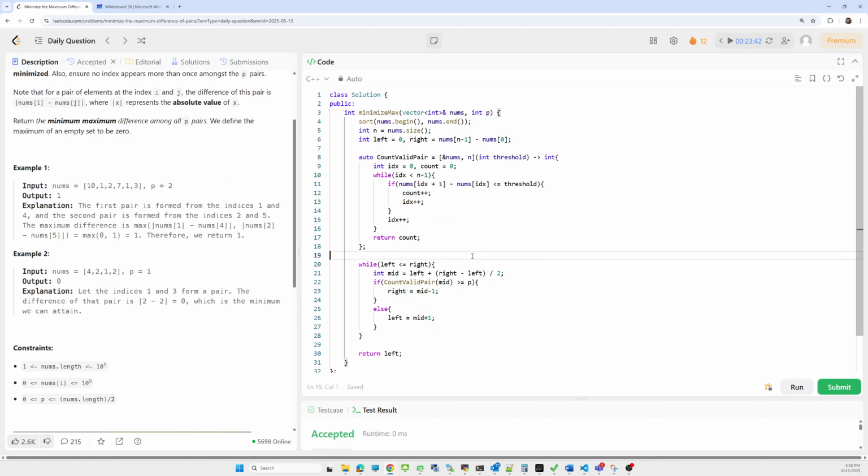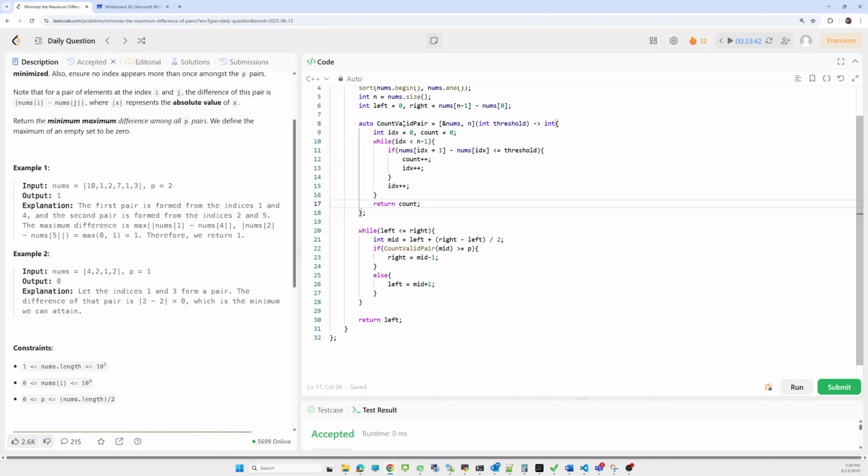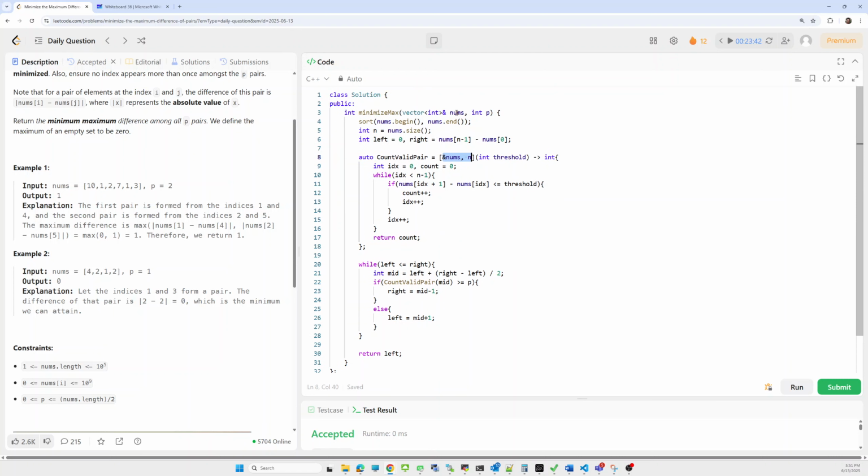Now here I have a lambda method in C++ implementation working as a functor. In that I am capturing two things: nums as a reference, and n also. And this is the threshold I am passing.